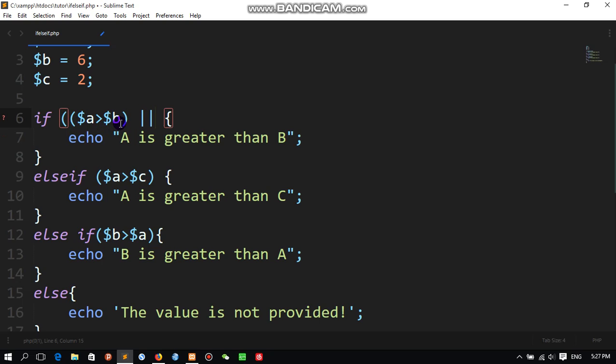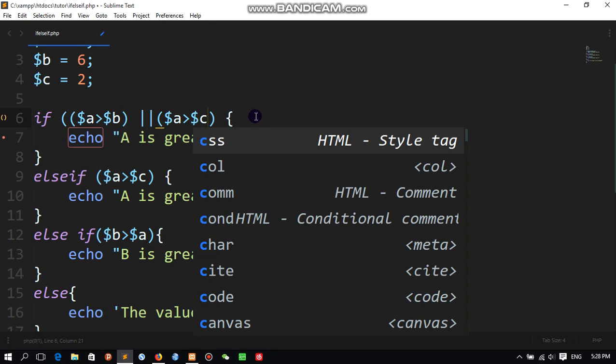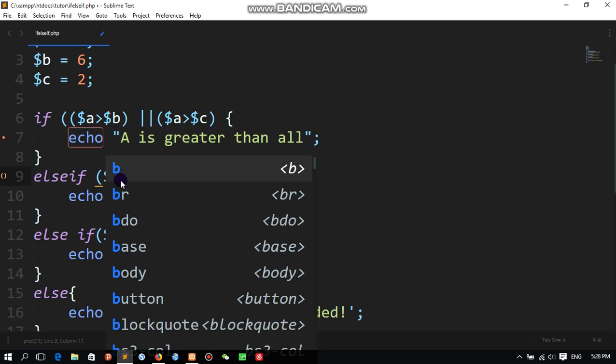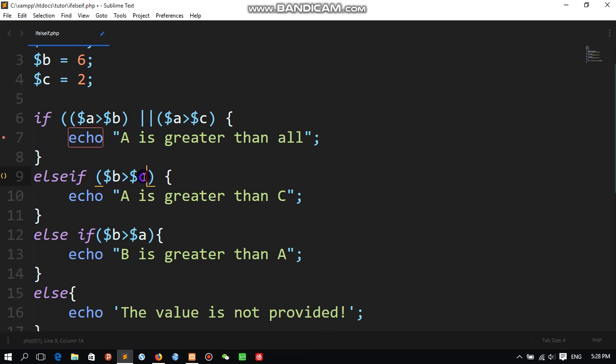If A is greater than B or A is greater than C, we'll say "A is greater than all", not only C. But here, we don't need to check A is greater than C twice, so we can change this one to B. Do you think this condition is okay? "A is greater than all."